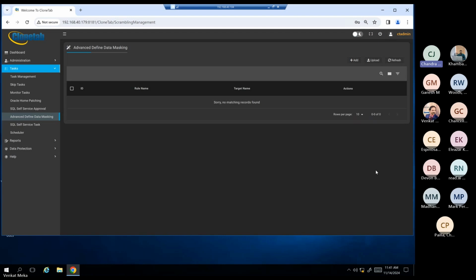One more question that I'll read out. What about accidental overrides? Is there any protection for that? If you have the CT Snap license, you can always take snapshots, and if you have the snapshot, you can revert it.